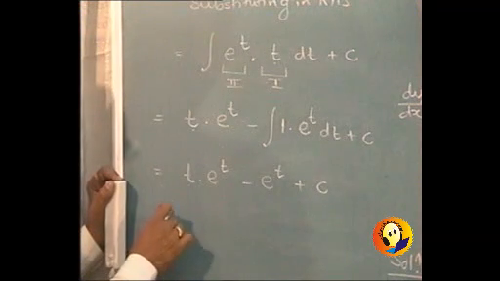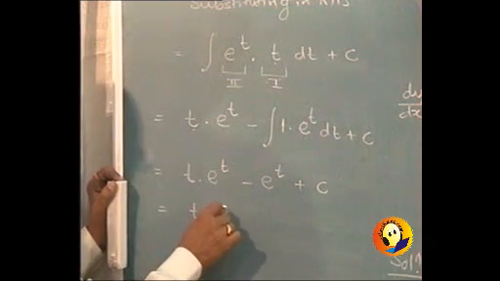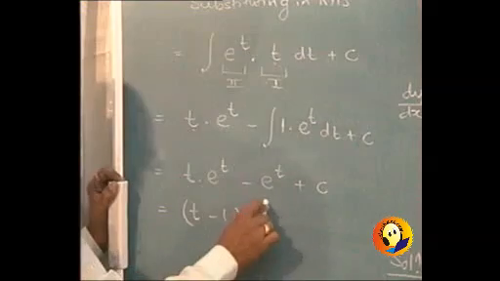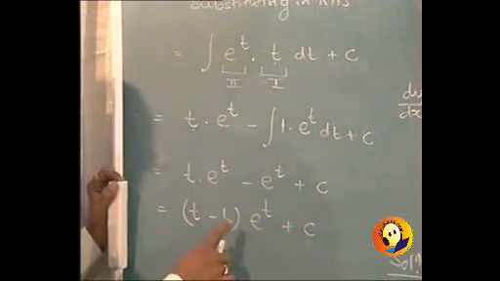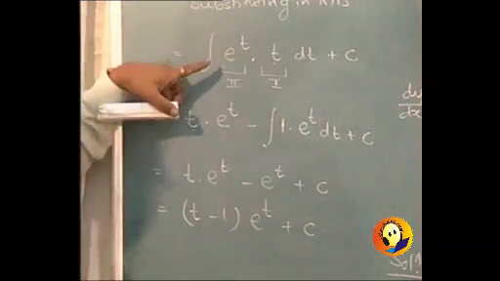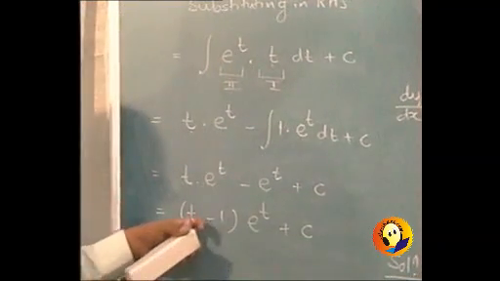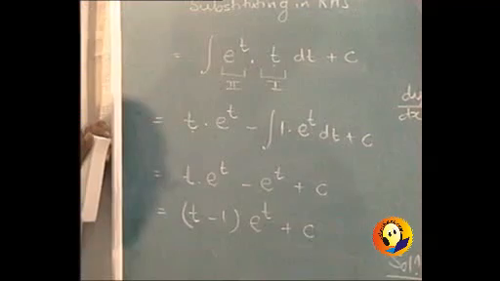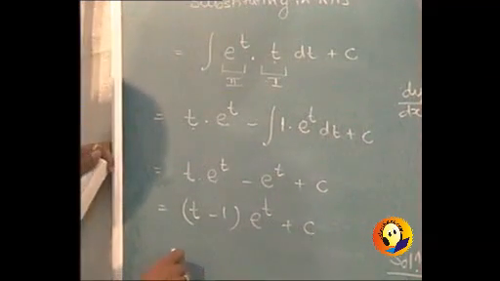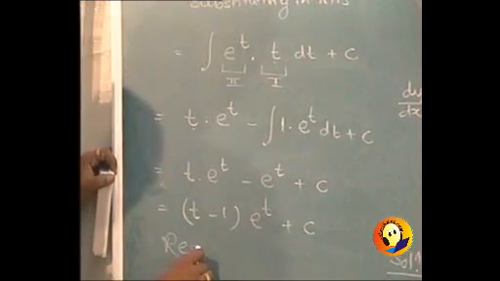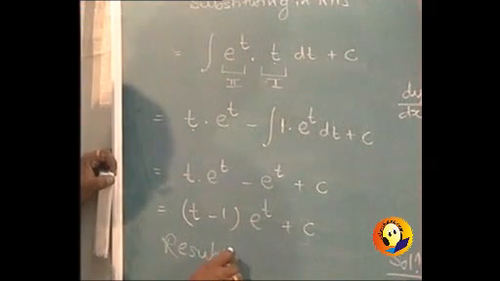This can very well be remembered as a formula. It is t minus 1 into e raised to t plus constant. A formula that is, e raised to t into t, when integrated, you will get t minus 1 into e raised to t. And now we will have to resubstitute. Resubstituting,